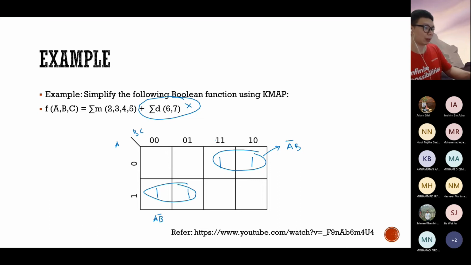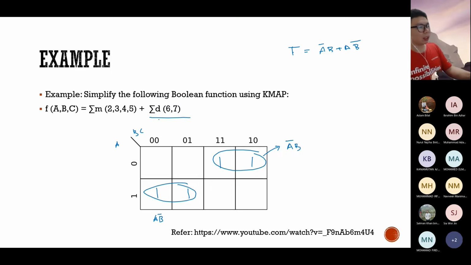Am I right? Yeah, I think there's no problem. Okay, this is how we will group things if we don't have this don't care. Okay, so the expression would be like so: A bar and B plus A and B bar. But